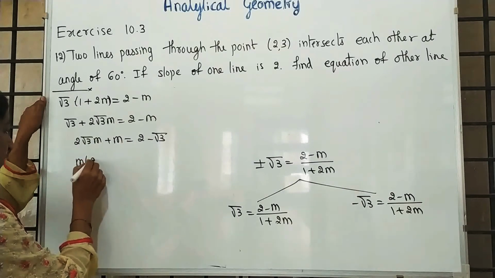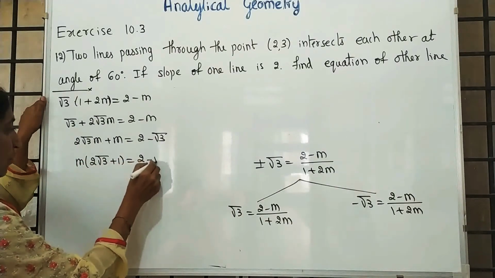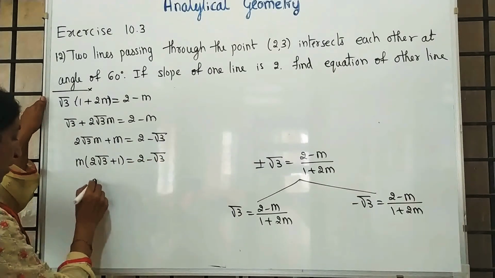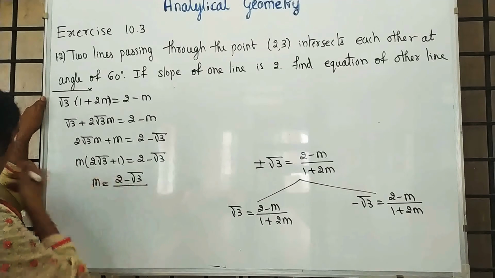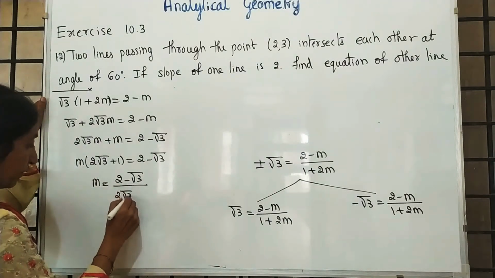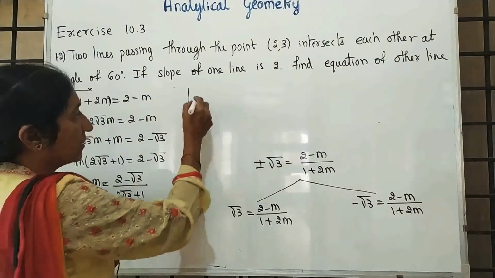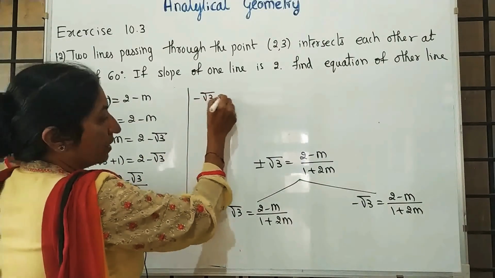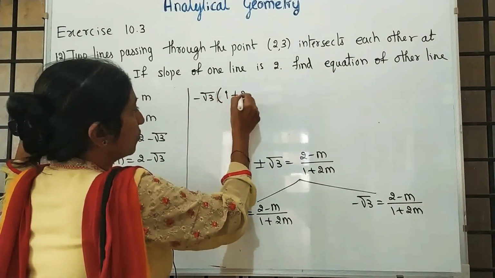m common. m into (2 root 3 plus 1) is equal to 2 minus root 3. m is equal to (2 minus root 3) upon (2 root 3 plus 1). This is one part. Another part, minus root 3 is equal to minus root 3 into (1 plus 2m)